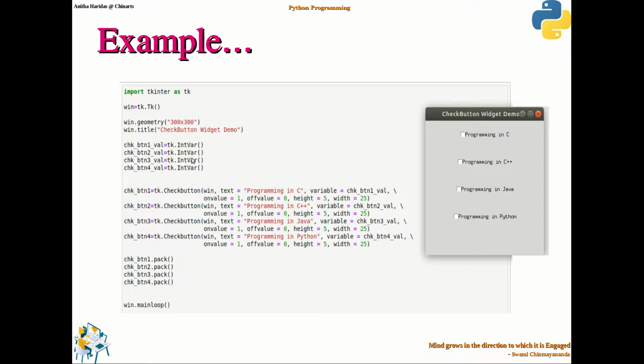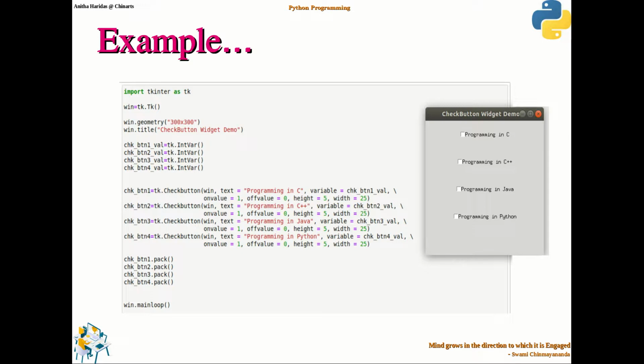I want to mention whether the checkbox is checked or not, so it is going to have a variable to store whether the value is a checked value or not.